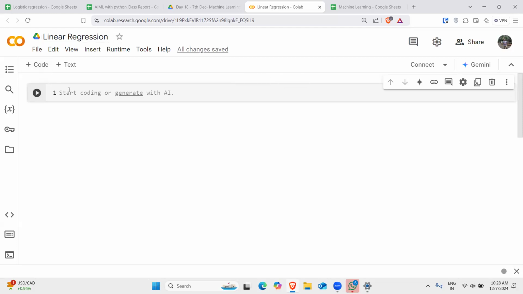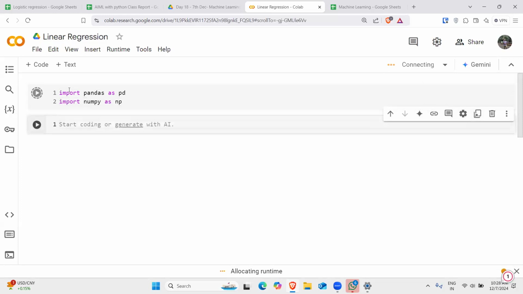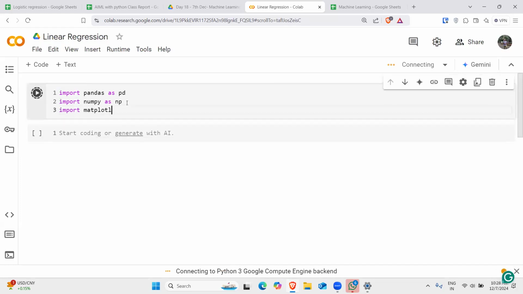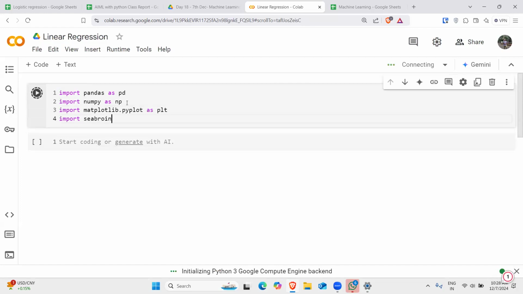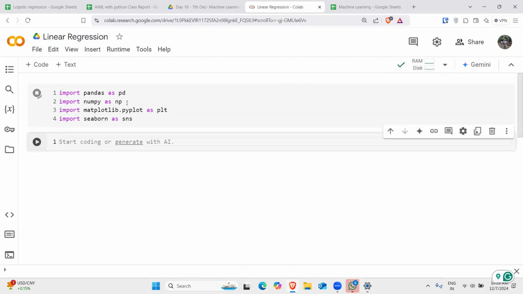All right. So as we have discussed the basics of machine learning, we'll not discuss what is regression, classification, what is supervised and unsupervised. We'll directly start with importing the necessary libraries. We'll import pandas as pd, we'll import NumPy as np, and we'll require matplotlib and seaborn as well. So importing matplotlib.pyplot as plt, and import seaborn as sns. Simple. If I just run this,